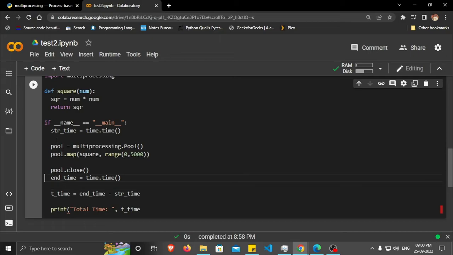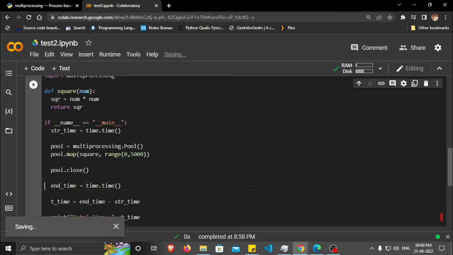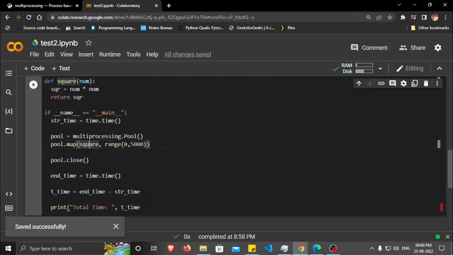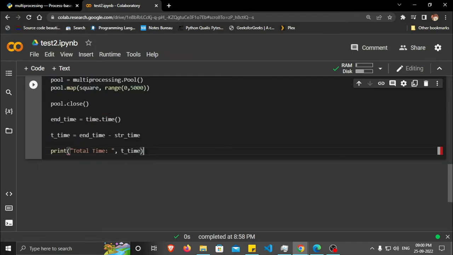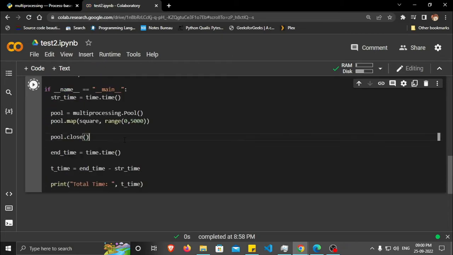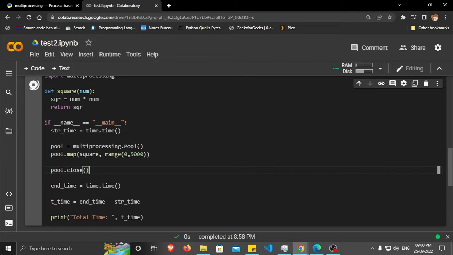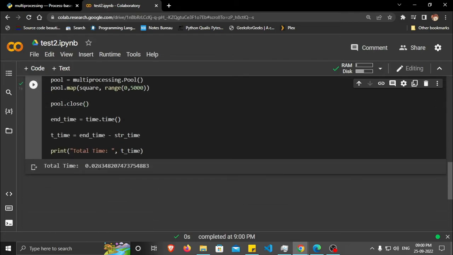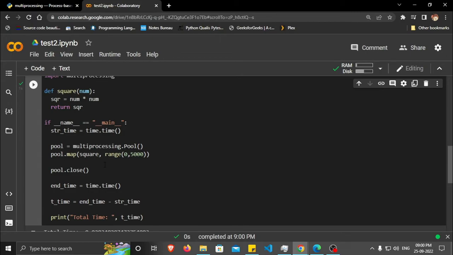So yeah, this is the code over here, and it should run. So this is returning this time. Okay, so now if we print, sorry, sqr,